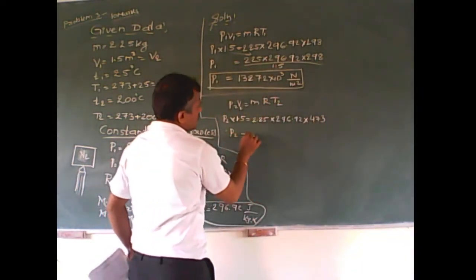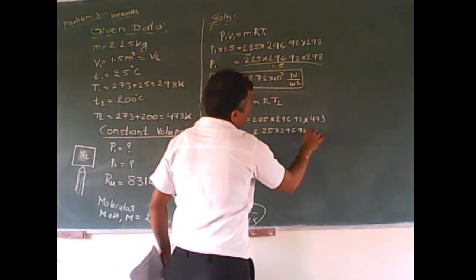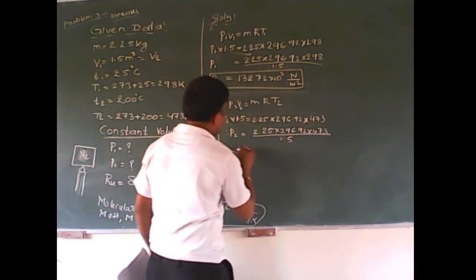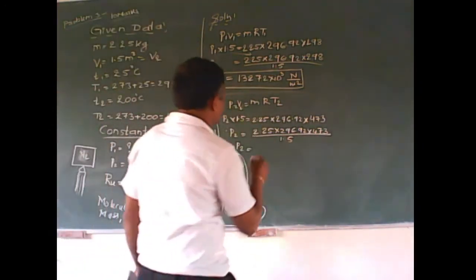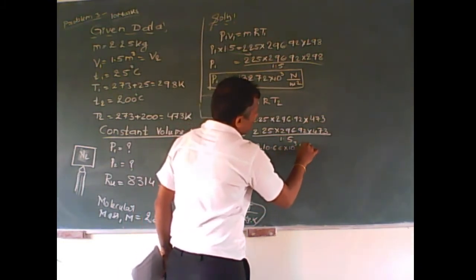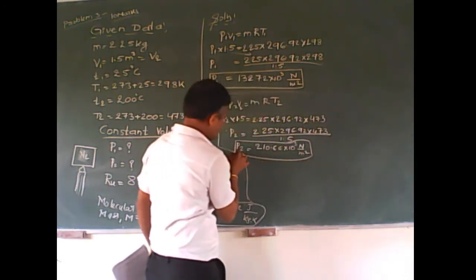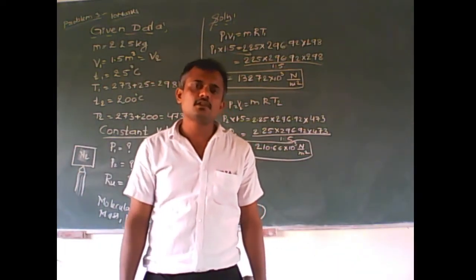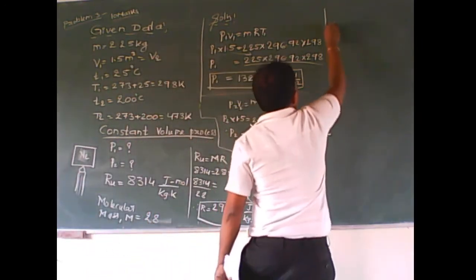Therefore P2 is equal to what? 2.25 into 296.92 into 473 divided by 1.5. So here in this method we are getting the P2 value as 210.66 into 10 raised to 3, unit is Newton per meter square. Okay, so this is a very common method with the help of which we can get the value of P1 and P2. Instead of that, one more direct method is there from which you can easily get the answer,